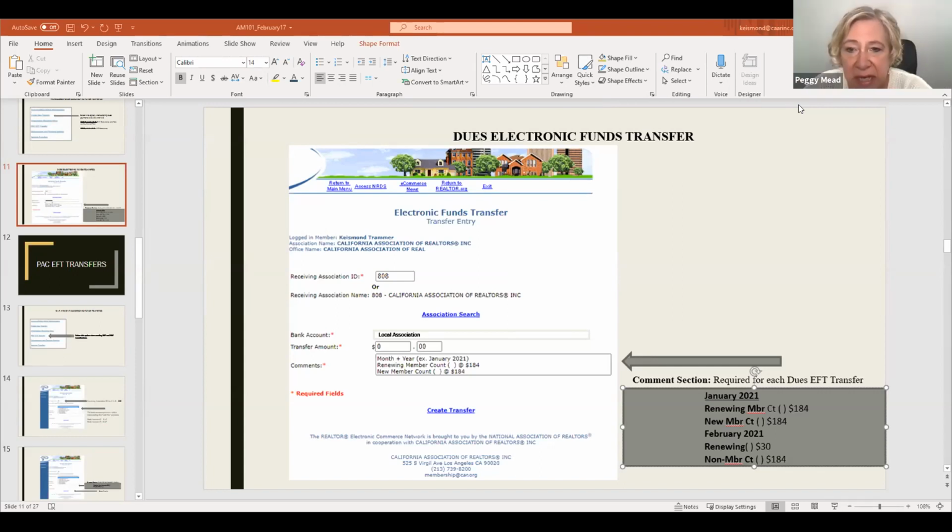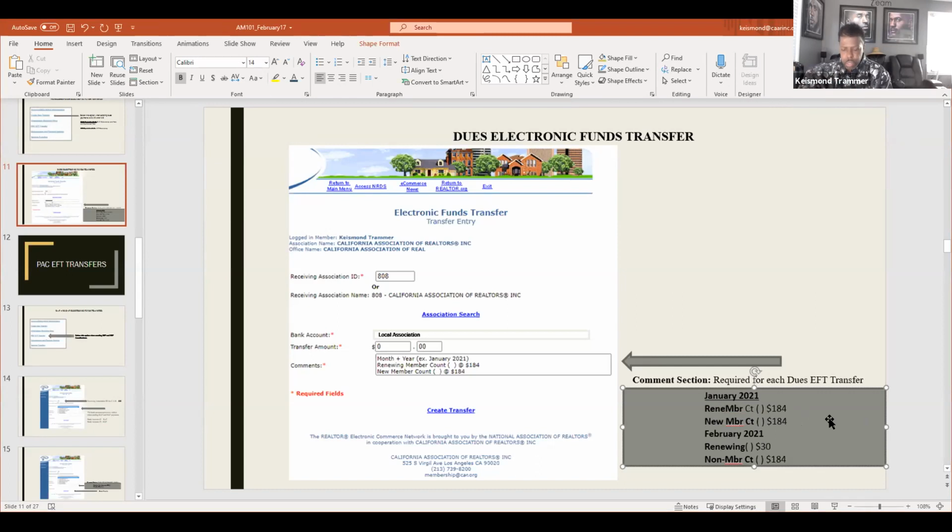Thank you. And then I have two people who have commented that there's not enough room to add information because they're limited to the amount of letters and numbers that can be input. Can you address that? Yes. One of the things that we try to address is eliminating some of the characters in the comment section. There is a character limitation in the comment section. So the other thing that you can do is you can continue to eliminate some of the characters